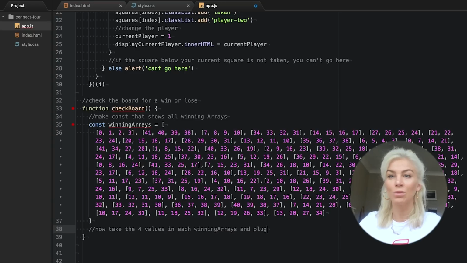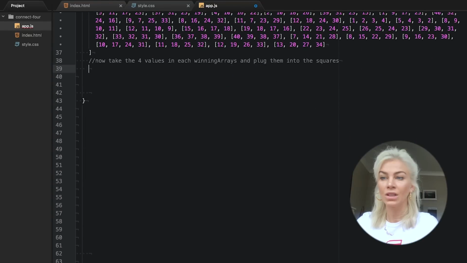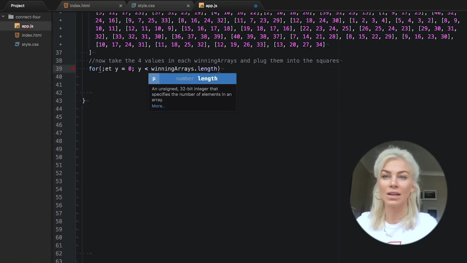Okay, now again using a loop, we are essentially plugging in values to the squares on our grid. This is so we can check if these squares are in a winning array and also contain the class name player1.